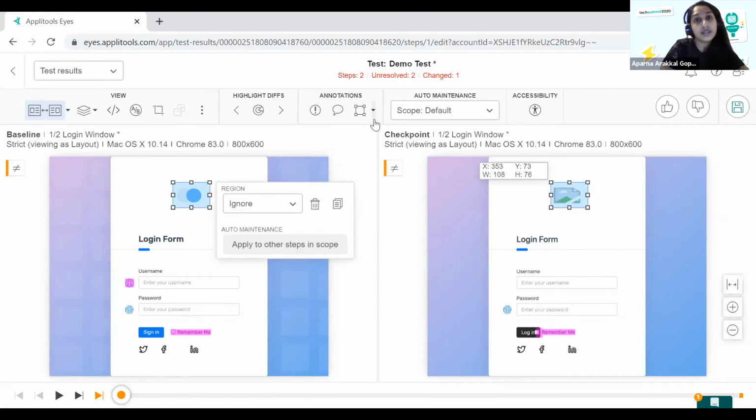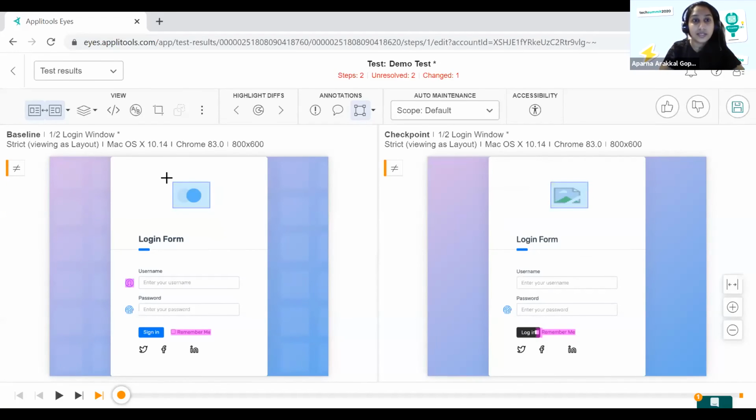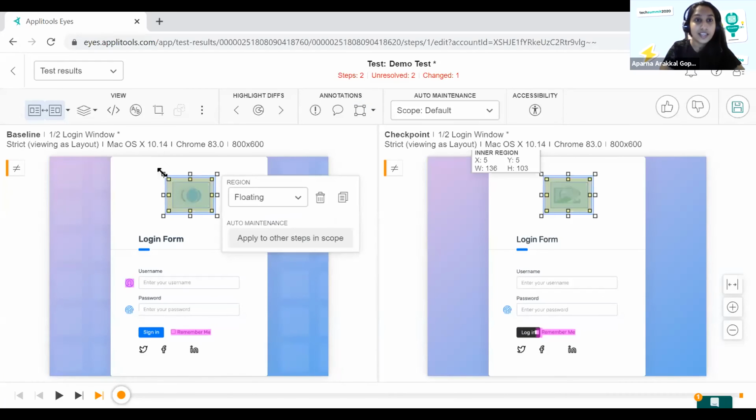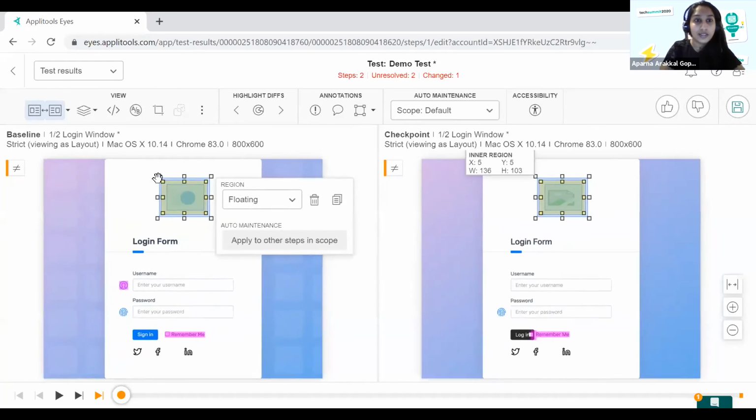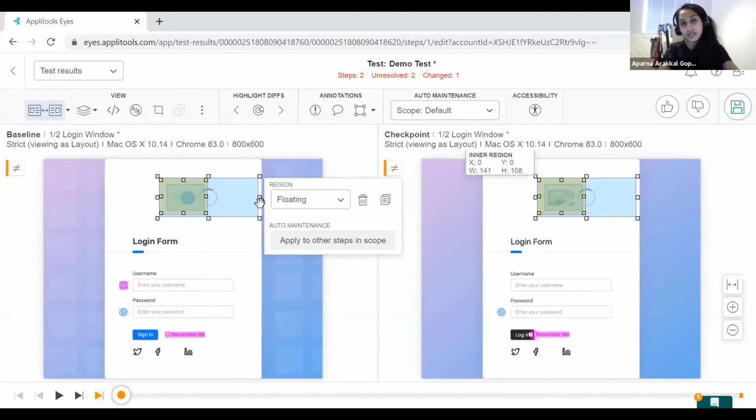So we can do one thing. We can actually mark that as a floating region. It's really a nice feature, because we can mark that image as a floating image, and also say in what area it will actually move. We can increase the size of the floating region, so from this area to that area, wherever that image appears, the test will mark it as passed, and